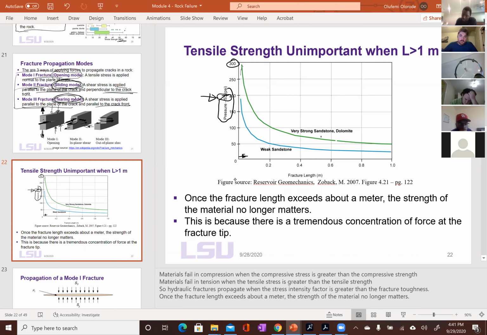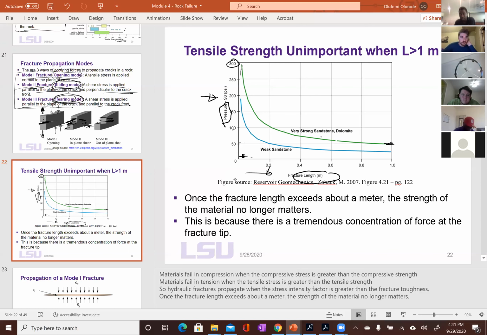As you begin to extend the fracture length further and further, the fracture is propagating as you move in this direction. It's in meters. You notice there is a sharp drop in pressure minus S3. What's this pressure? This is the fracture pressure, the pressure of the fluid in the fracture, minus the least principal stress. It's showing you how far you need to exceed S3 before you propagate the fracture at different lengths of the fracture. When you get to about 1 meter, you only need about 50 psi to keep the fracture